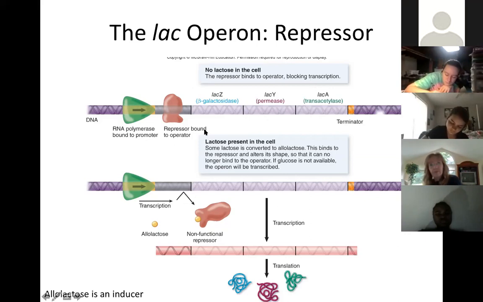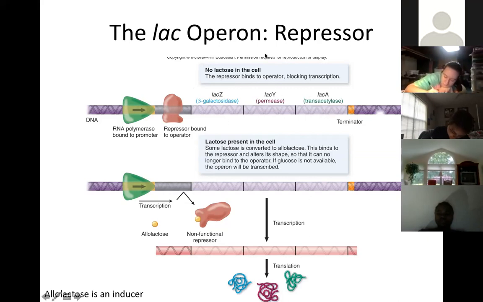Now, in this case, and you'll see this in a little more detail in just a second, a repressor is bound. And we'll talk about why that is in a minute, but a repressor is bound. And so RNA polymerase cannot get to these gene products. And you can see here, there's no lactose in the cell. So if there's no lactose in the cell, why would you want to be wasting time and energy making the enzymes that are needed?